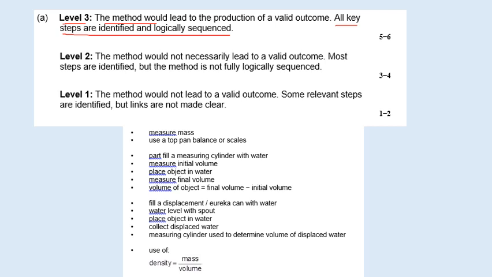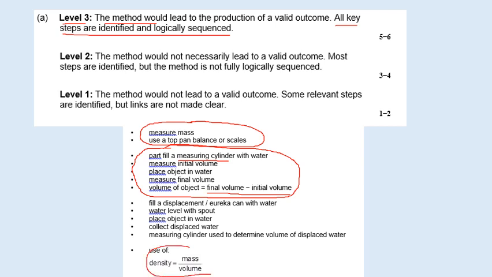And you will notice that when we were planning our answer, we mentioned this bit. We said how to measure the mass using a balance. We then gave instructions as to how to measure the volume by placing it in a measuring cylinder and using this equation. So the final volume of the water minus the initial volume will give us the volume of the irregular object. And then finally we were going to write down the equation density equals mass divided by volume in order to calculate the density. So our plan would have covered all of those key points in order to get us 6